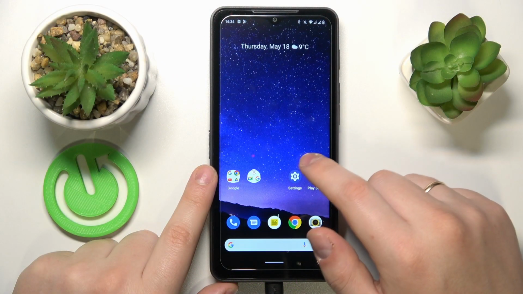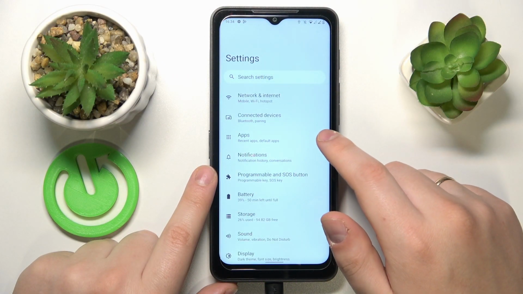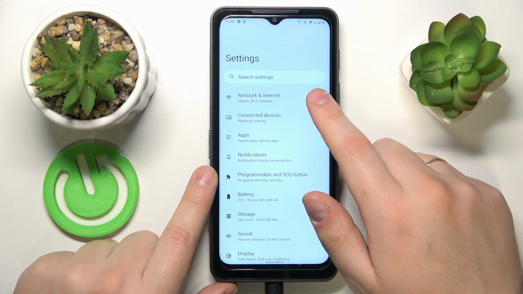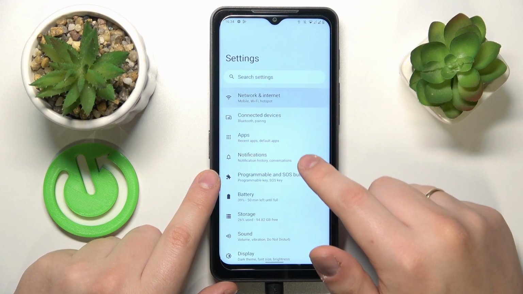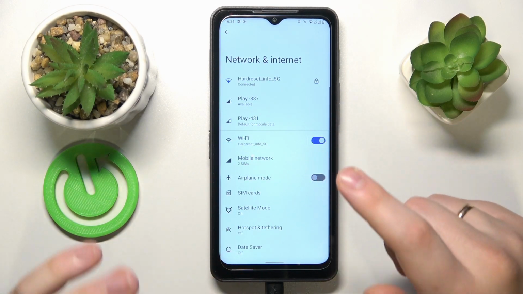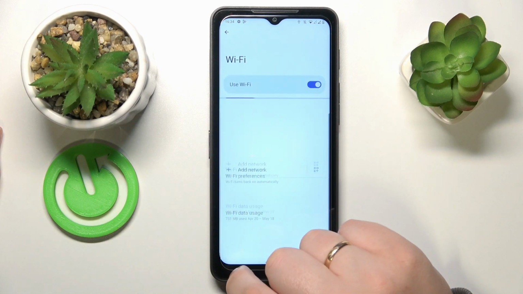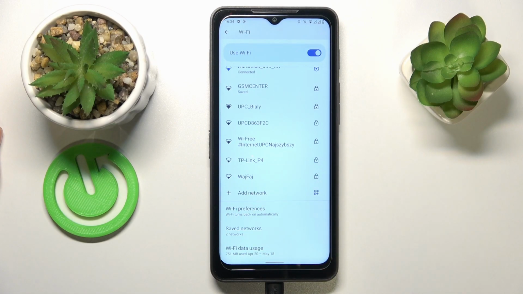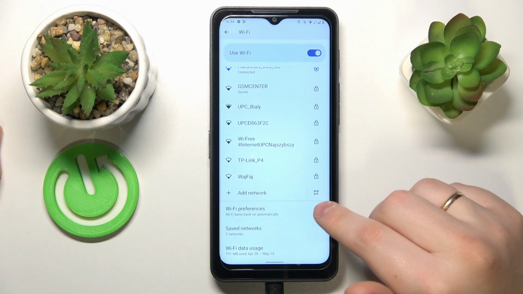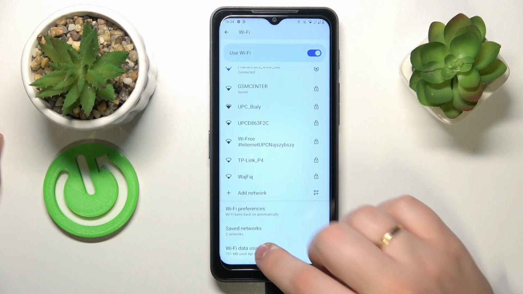To start, you will need to launch settings, then enter the network and internet category that you'll find at the very top. Then if you would like to see your Wi-Fi or non-operator data usage, go for the Wi-Fi section over here. Onwards, scroll the list of available Wi-Fi networks all the way down and go for the Wi-Fi data